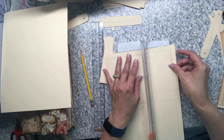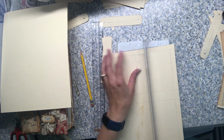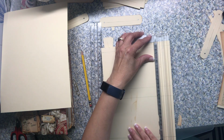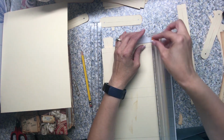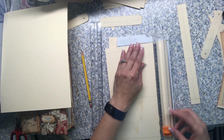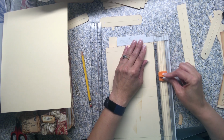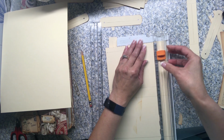and then I'm going to skip this one, because I could just go ahead and cut it off, huh? Yeah, we could just go ahead and cut this one off. No need to keep it there. All right, so there's 2. I'll cut that in half. All right, go to my 1/2 inch mark to do my slits. Go to the pencil line, come to the next pencil line, pick it up,